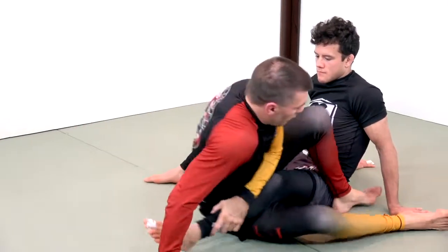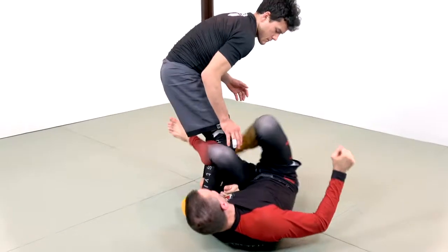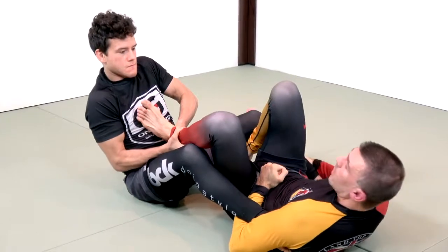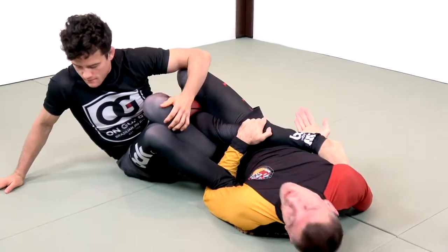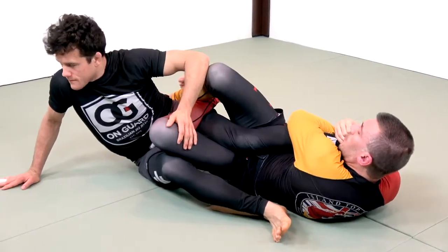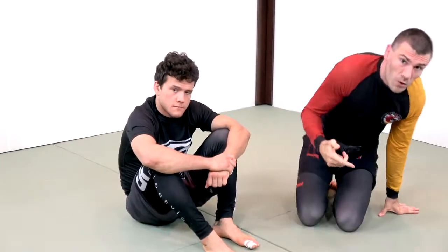So let's just give a slightly different angle here of this transition. If we start standing, I go for my De La Riva ankle lock, I sweep him, he pulls my leg up, I try to contract, I've already covered the foot, I shoot through, I immediately grab over top, and I pinch, shelving his heel with my palm. I'm gripping. Now I can release. I switch to the reverse butterfly grip, extend my hip and crunch. Really solid transition. Again, it does depend on your opponent to have kind of a preset response to the Kaio